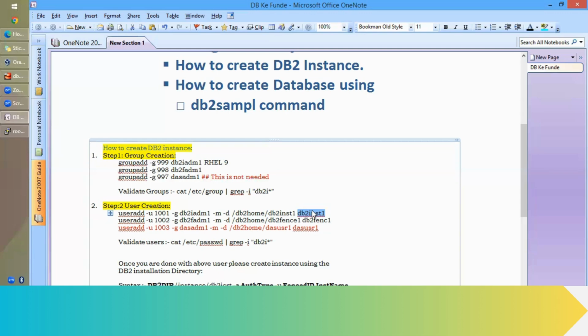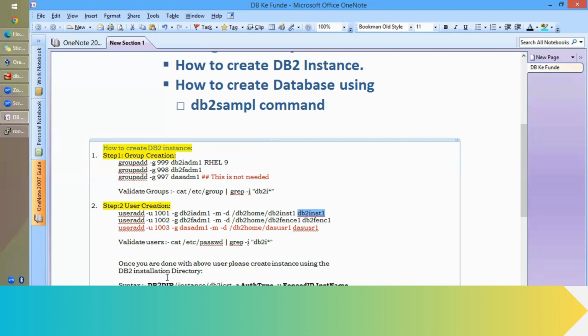If you do not have a fence user defined, you cannot call your user defined functions and stored procedures, because in the process model, the moment you hit a user defined function or stored procedure, internally the fence user takes those inputs and assigns specific threads or processes to get your work done on your behalf. I'm not going to get into details; probably we'll cover that in future videos, but let's see what is in the next